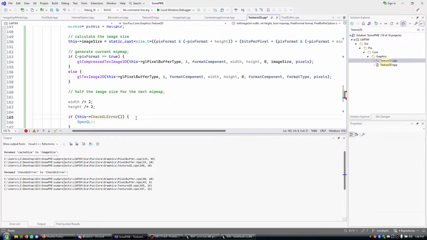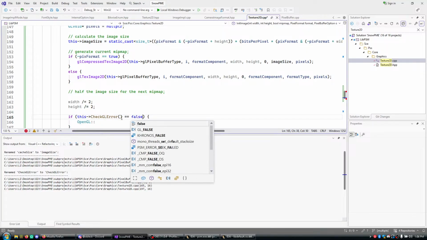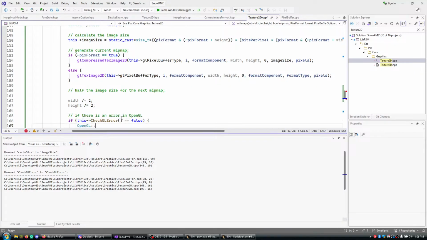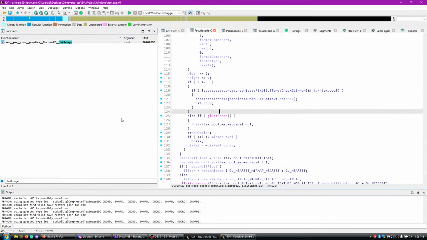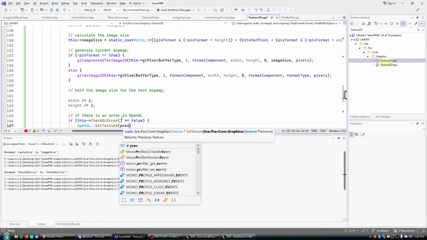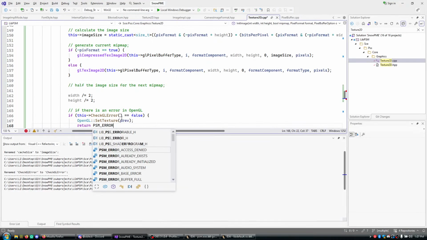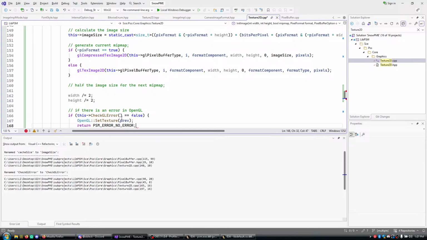If this equals false, there is an error in OpenGL, then we set the current texture back to the previous texture, and we return PSM error no error. For some reason, if there is an OpenGL error,